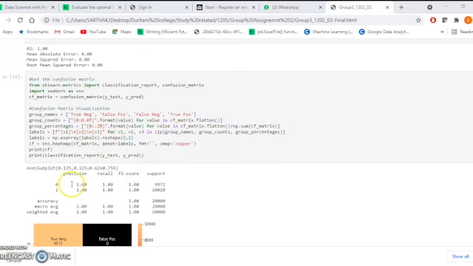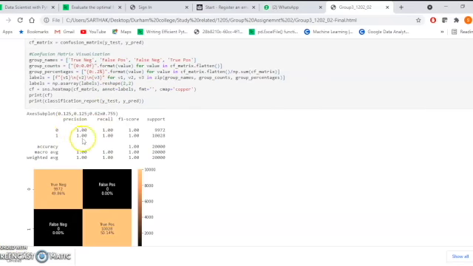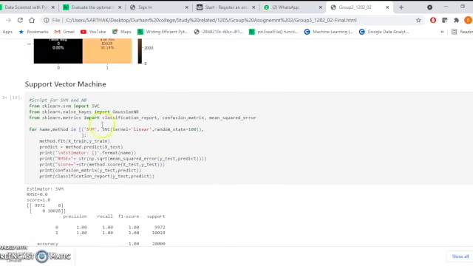Over here I found that precision as well as recall score and F score were 1, again indicating that the model has perfect accuracy. In the support vector machine, moving on,